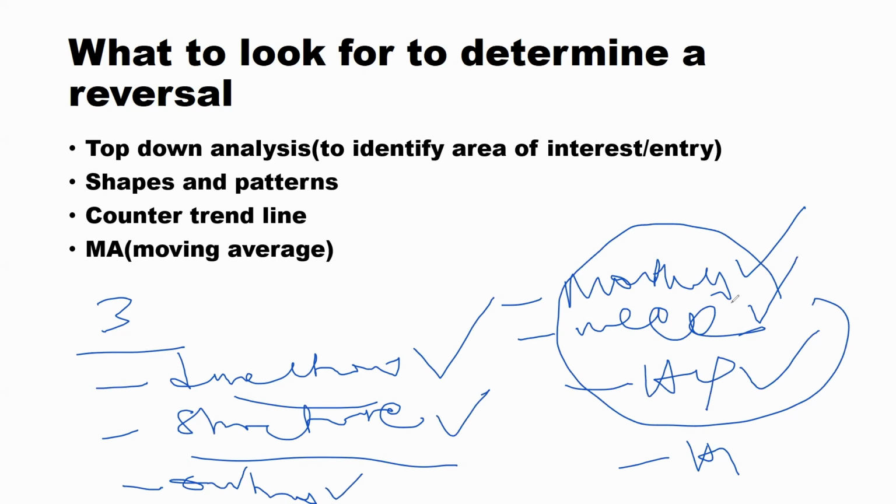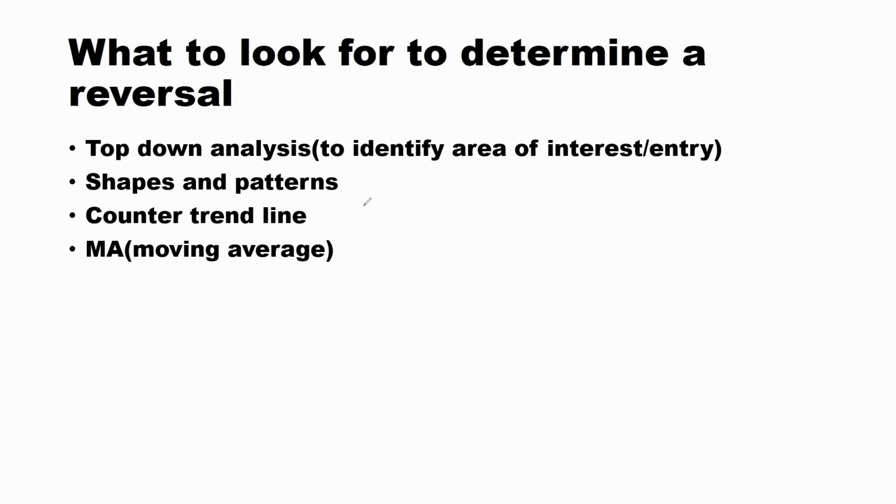We shall have a whole video about this topic because it's one of the reasons why traders lose a lot of money. Then the second thing we have already spoken about is shapes and patterns. After identifying direction, you need to get shapes and patterns that you're going to trade, because these ones tell us that you're going to either buy or sell.